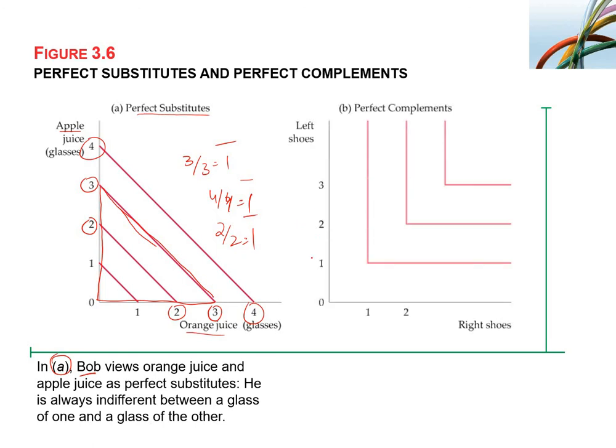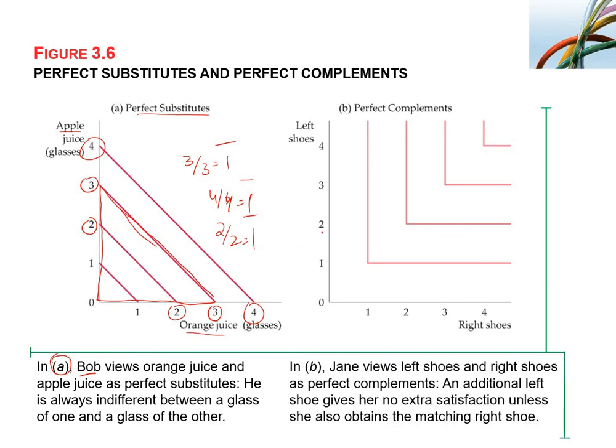We are looking at different goods here, but here we have left shoe and right shoe. A pair of shoes, but between left and right you have to choose. So in B, Jane views left shoes and right shoes as perfect complements. So for example, this is the case where you are getting one right shoe and one left shoe, whether you have another left shoe,